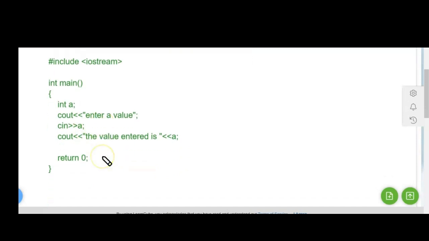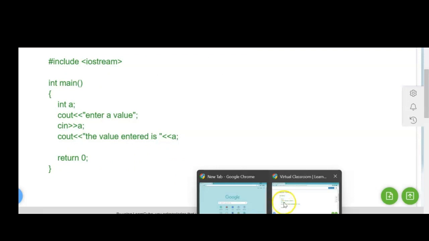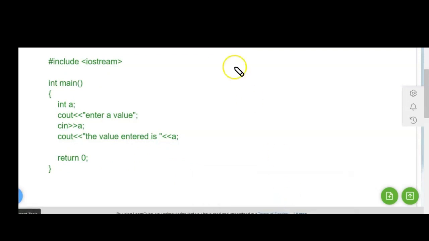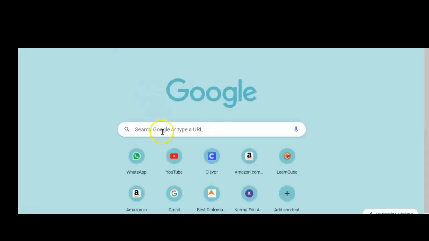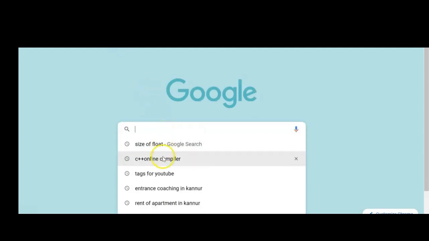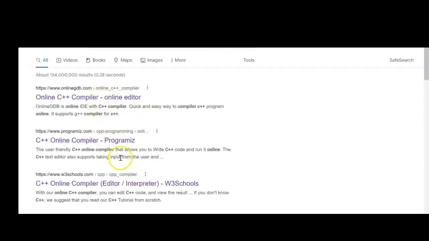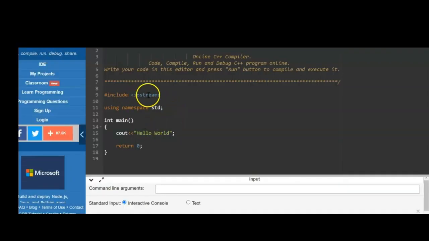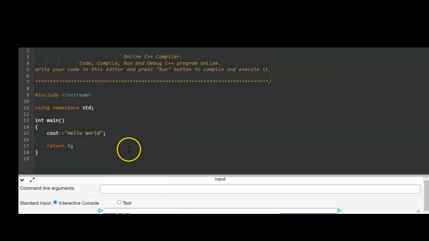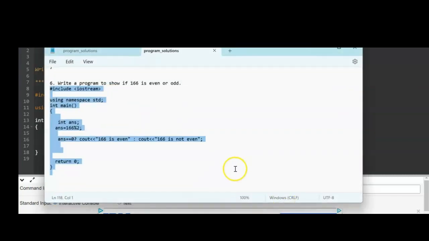If you want, I can show you how this will work. I'm using Google Chrome, then I'm going to Google. There I will type C++ online compiler and choose this one, and it already has C++ code inside. Here you can see, I have already typed this program. So my program is